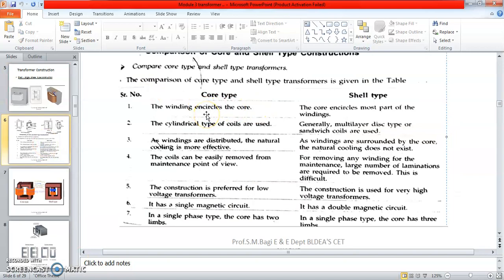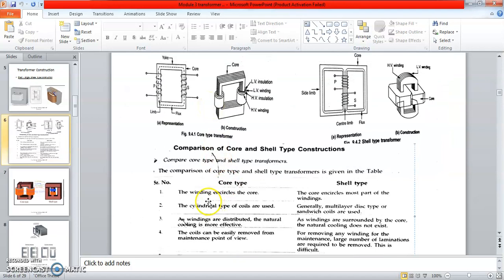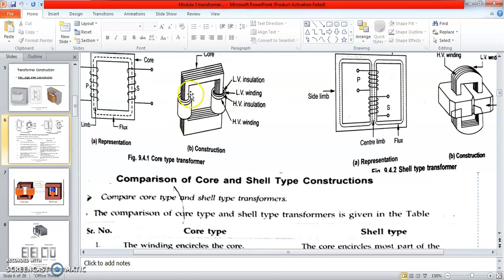In the core type, if you see this diagram, the winding encircles the core. This winding encircles this core section. The core is encircled by winding. This is called the limb, and this is called the yoke.